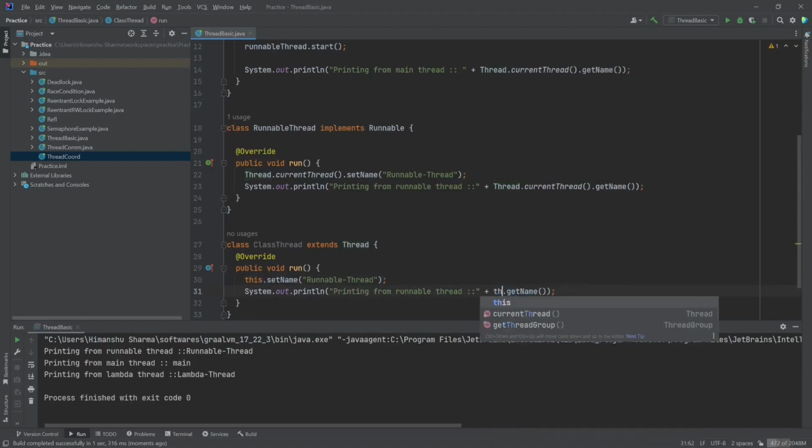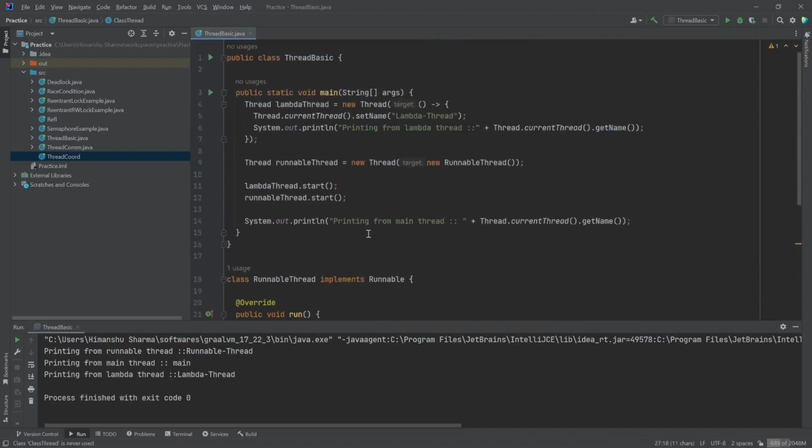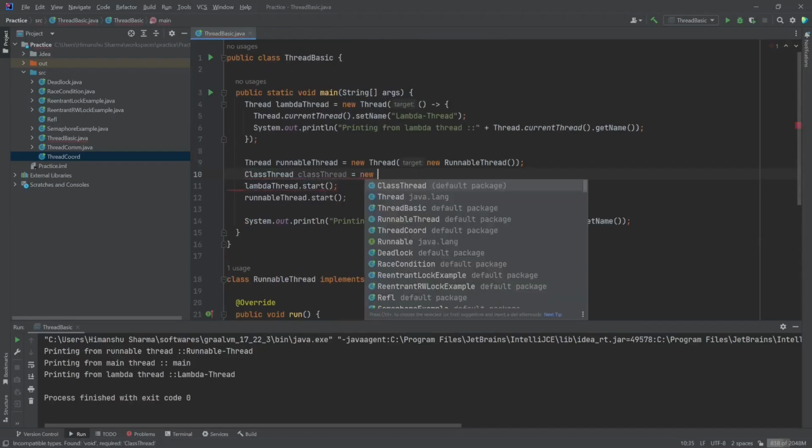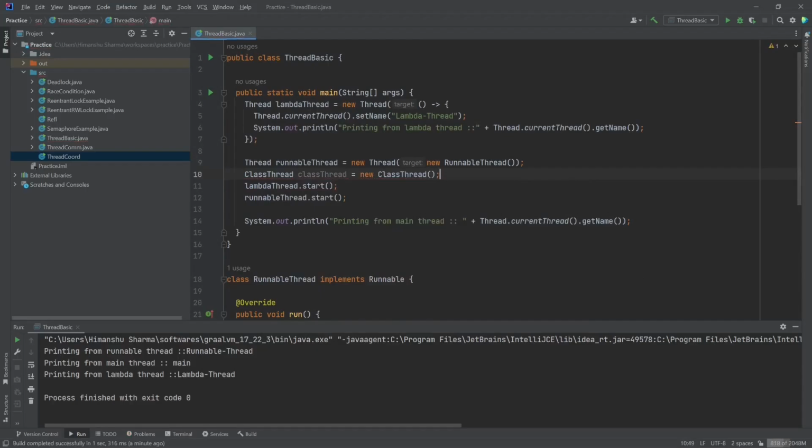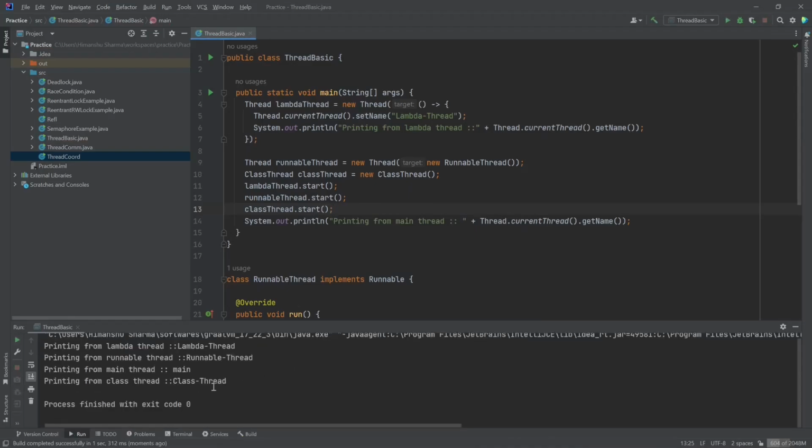So we can say over here this, and we can say class thread printing from class thread. And again, since we are extending the Thread class itself, we simply say class thread equal to new class thread, and we say class thread dot start. That's it. Let's run the application, and there we go. We got all our messages from different threads,